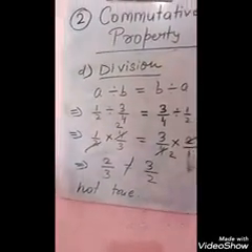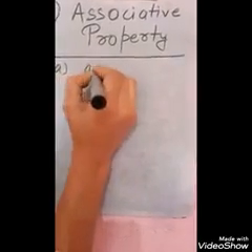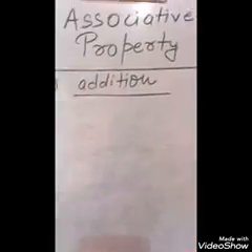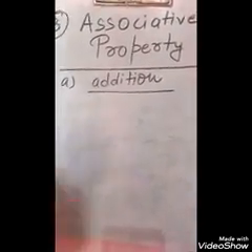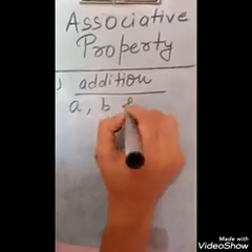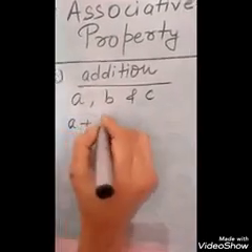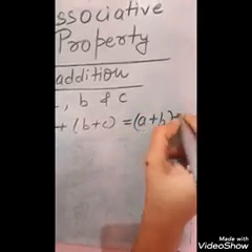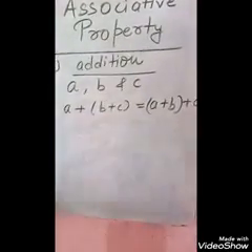Now we will move to the next property. The third property is the associative property. We will check the associative property first for addition. Before moving to addition, let me explain what the associative property is. Before that we talked about the commutative property, where we deal with two rational numbers. But here we have to deal with three rational numbers, say A, B and C. According to the associative property of addition, if A plus (B plus C) is equal to (A plus B) plus C, then we can say that the associative property is followed by rational numbers for addition.